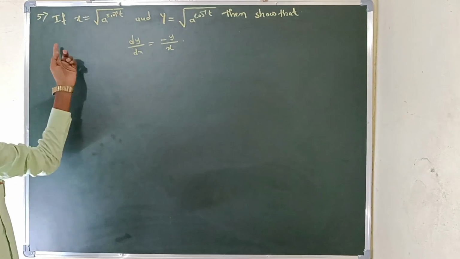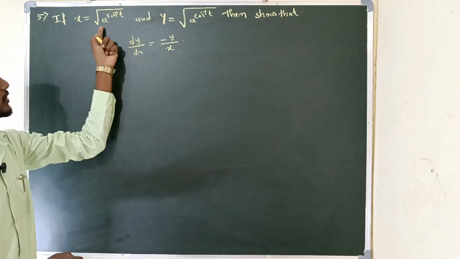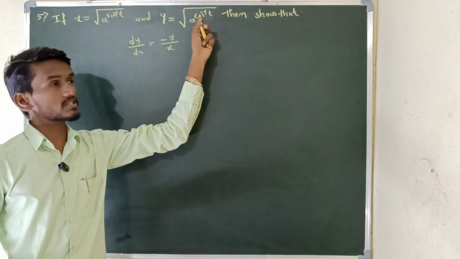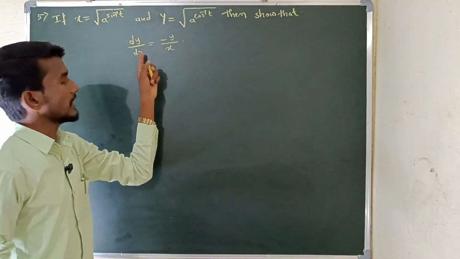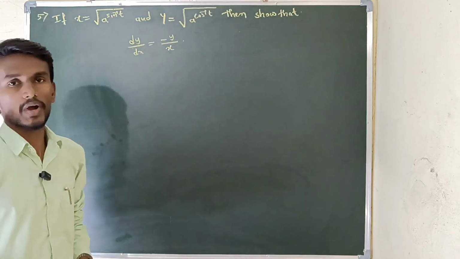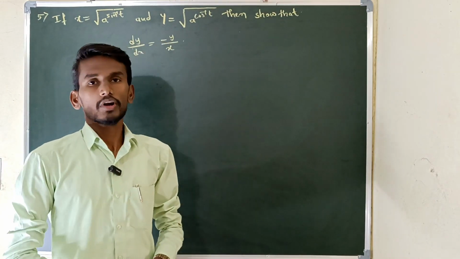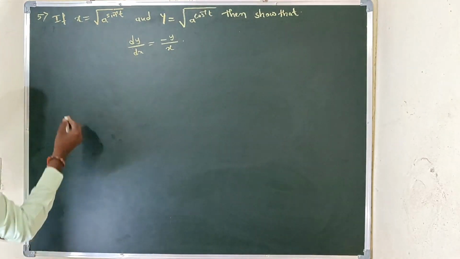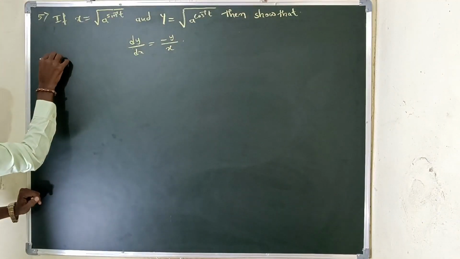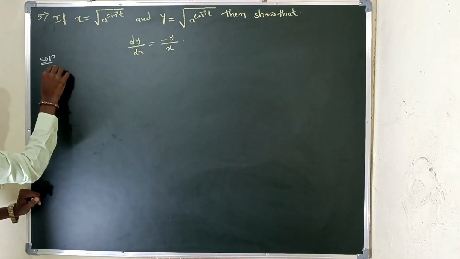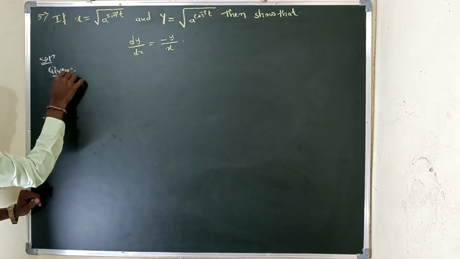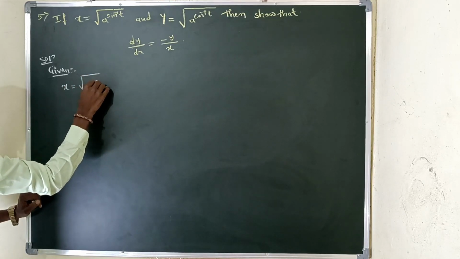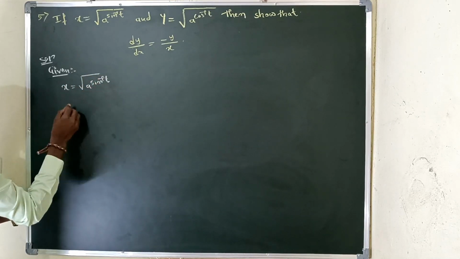Question number 5. If x equals root of a to the power sin inverse t and y equals root of a to the power cos inverse t, then show that dy by dx equals minus y divided by x. You have to show dy by dx equals minus y divided by x. First you have to write the solution. Then you have to write the given. What is the given? It is x equals root of a to the power sin inverse t